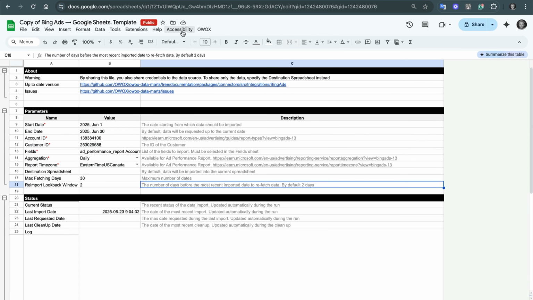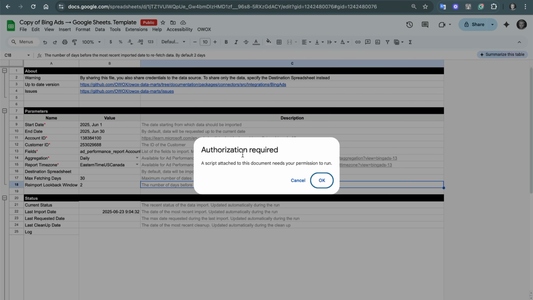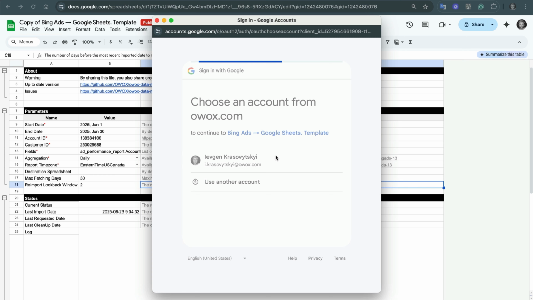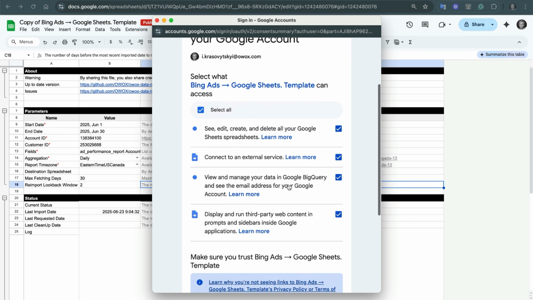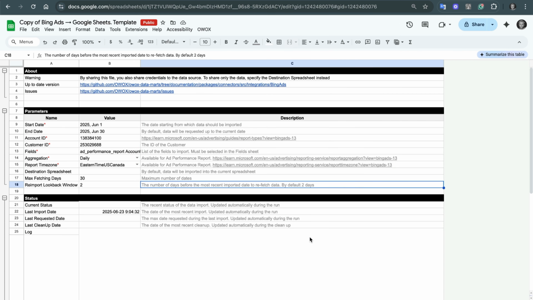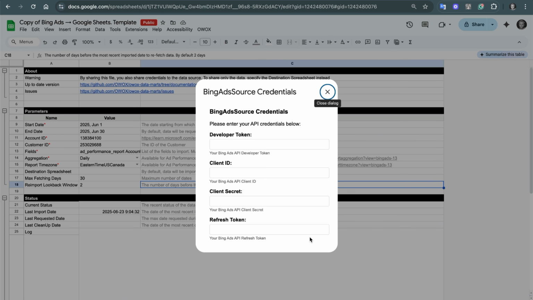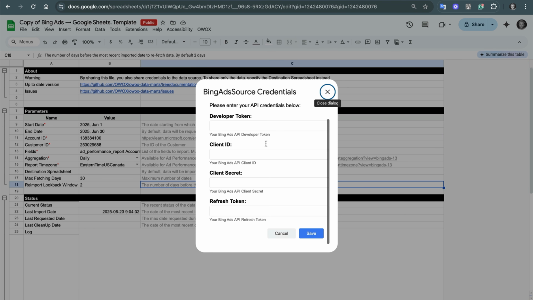Finally, let's add all of those details into your template. So basically, go back to your template, click OWOX, Manage Credentials. We need to authorize the app script. We need to select all of the details here and click Continue. And now everything you have to do is basically to add those 4 fields here: the developer token, the client ID, the client secret, and the refresh token that you've just got from making the GET request to the specified Microsoft URL. That's it. When you add all of those details, don't forget to click Save,